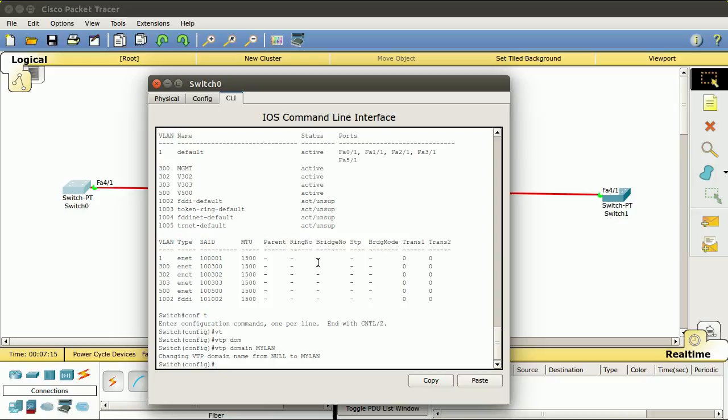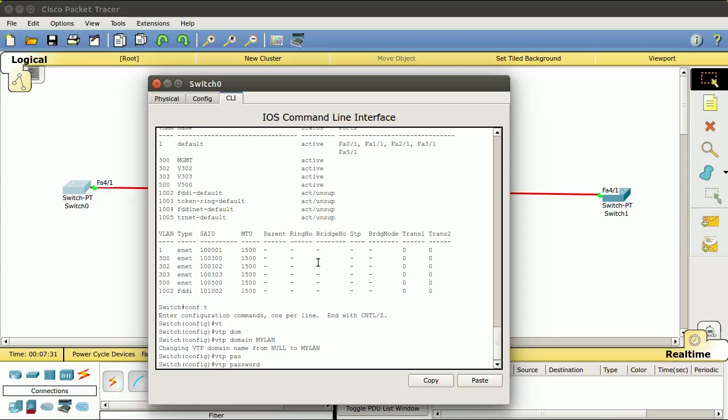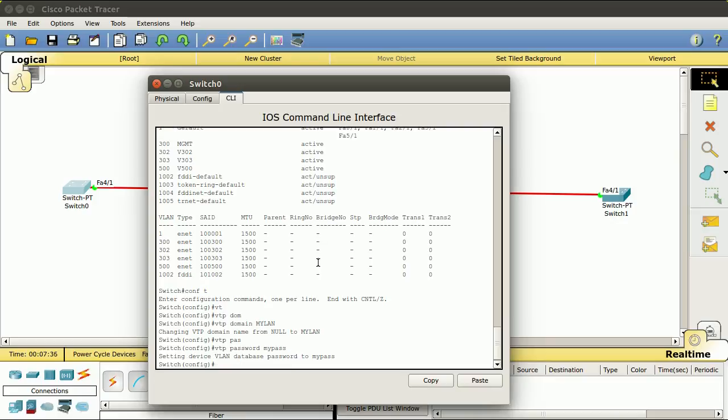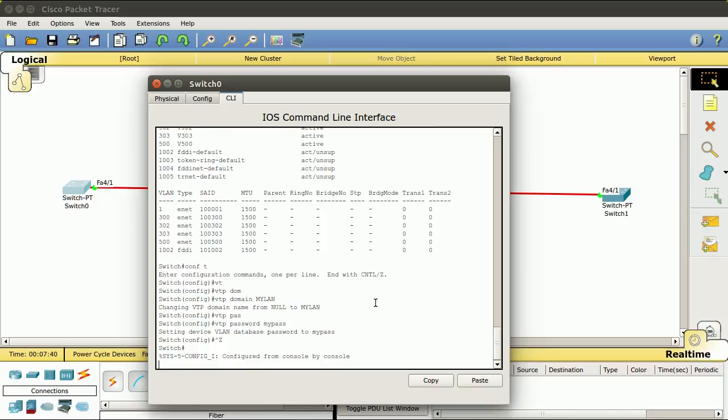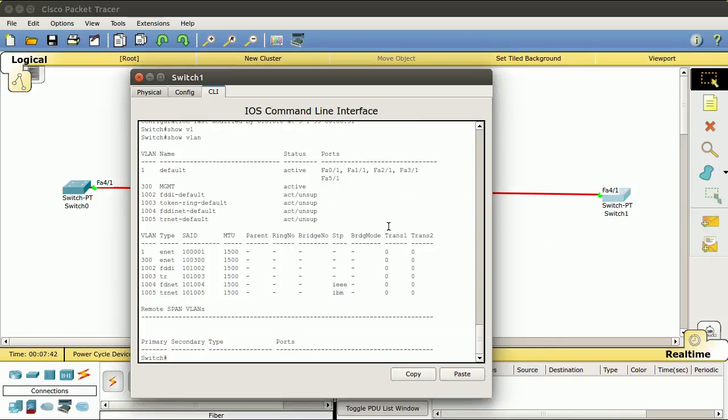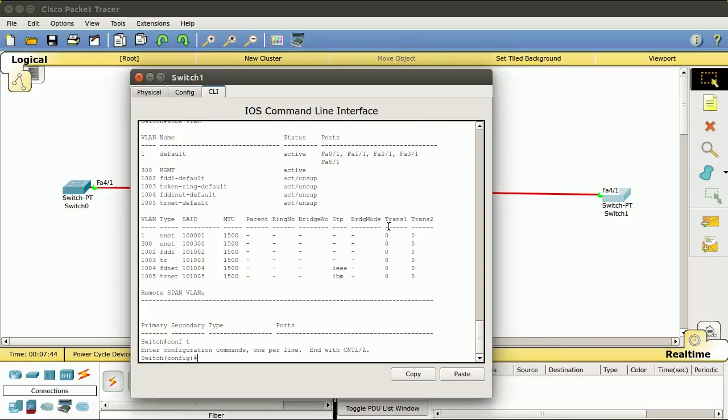Now, any other of the devices that have the same VTP domain of my LAN will be able to share VLAN information with this device. To make it a little bit more secure, we'll put in here VTP password, and we'll call it my pass. Okay. So let's just break out of that, come back over to switch 1. And in this one, we will